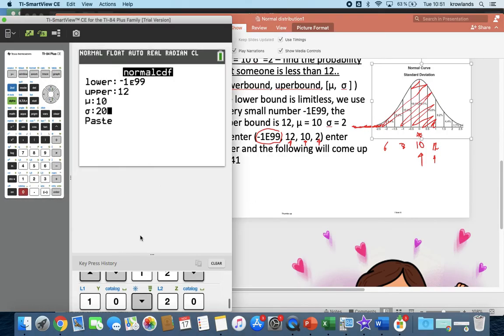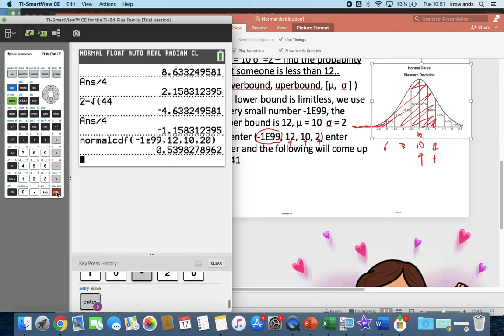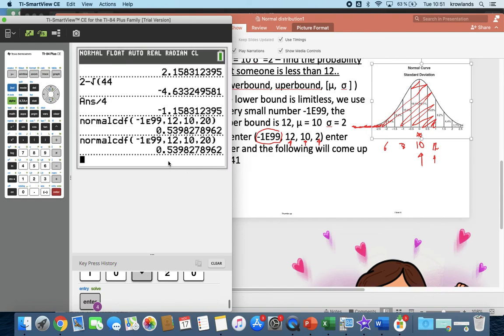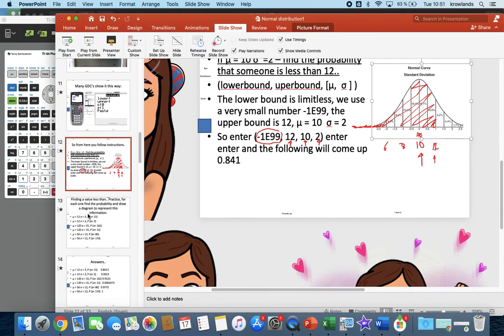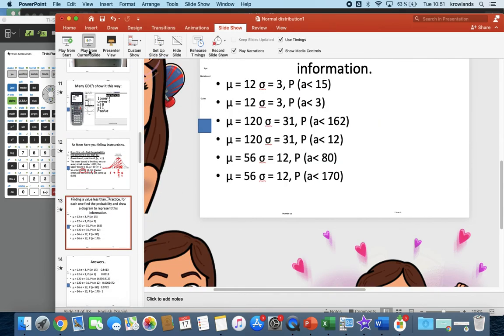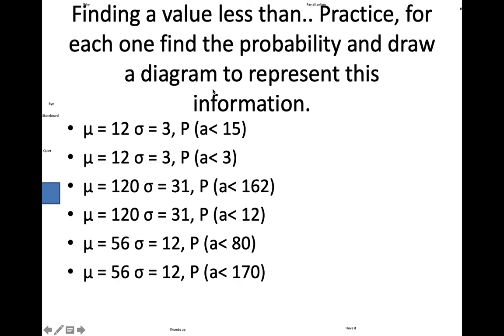Going back to the calculator here, what we're going to do is we're going to press enter and we're going to press paste. And that is our lovely answer, 0.539, which means the probability of picking someone who is less than 12 is going to be 53.9827%. What I'd like you to do now is, using that information either on the calculator or using the diagram,